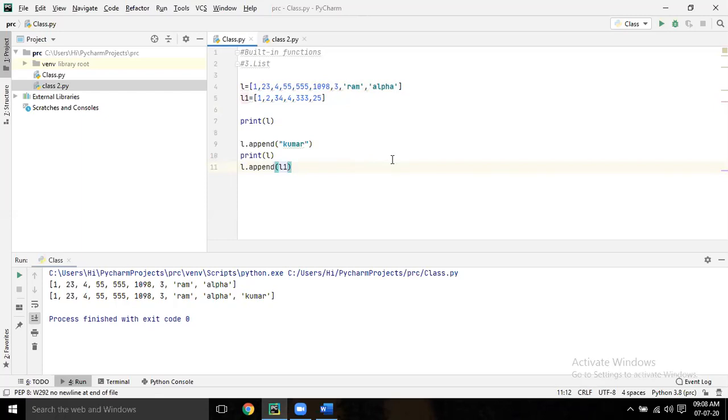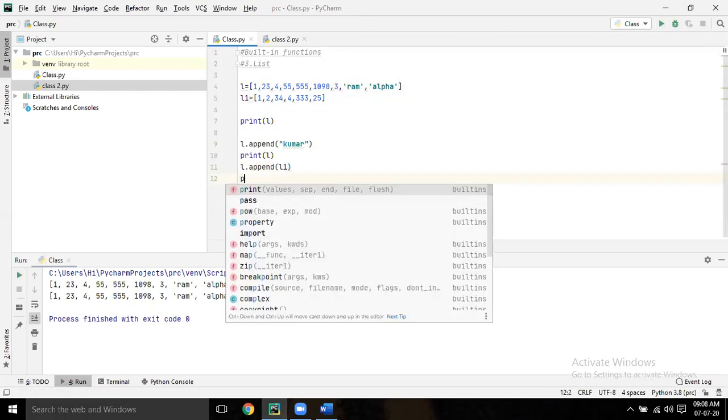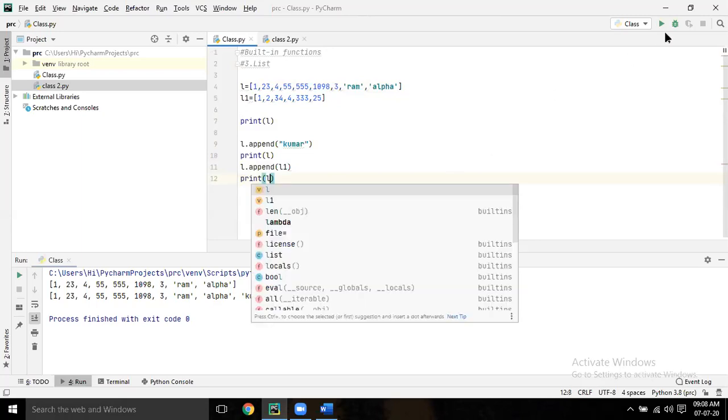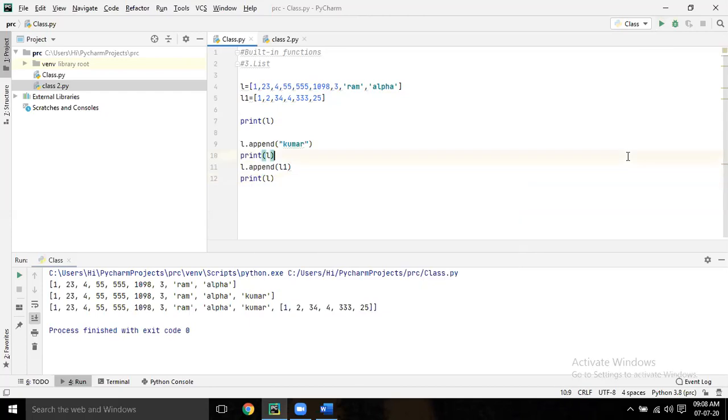Now print L. Let's see. What happened? The whole list is appended. Okay, now do the next one.